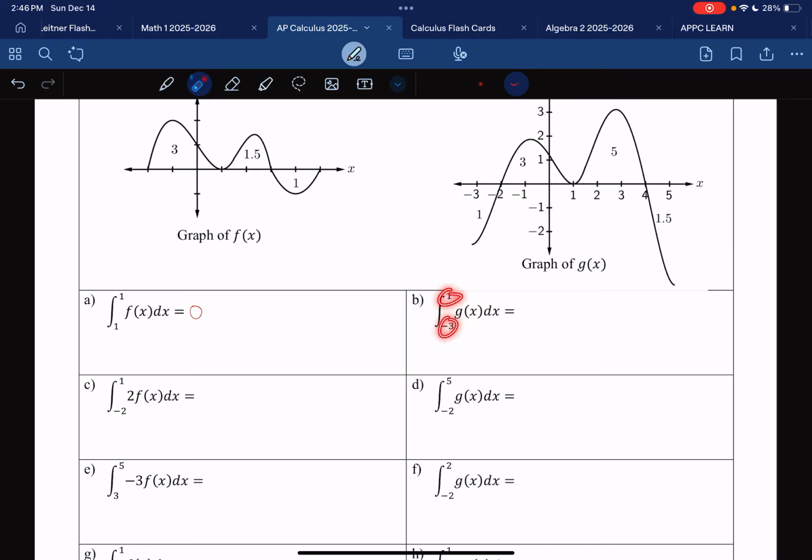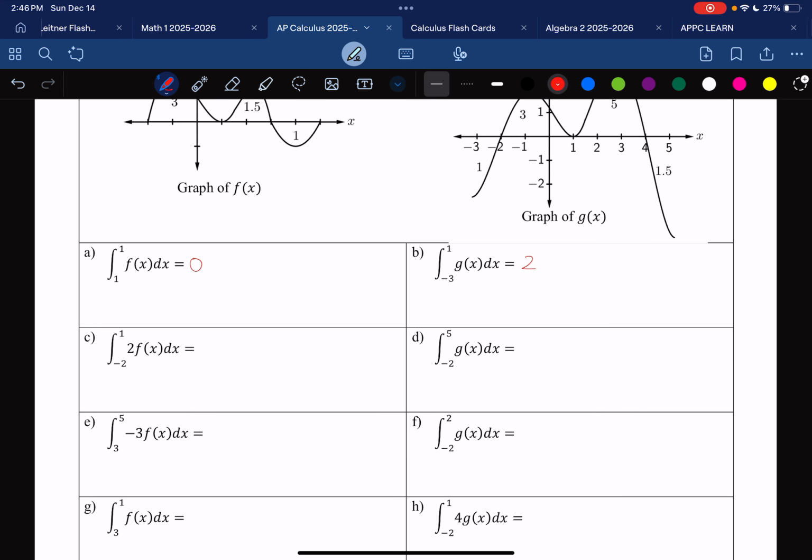Between -3 all the way to 1 is talking about these two intervals together. Remember, if we're below the x-axis, it's a negative area, so it's really a -1 plus 3, which is a +2. Correct answer here is 2. All right, for part C,